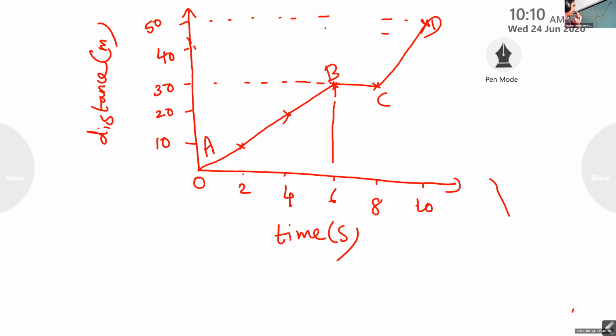Did you write AB indicates uniform motion? Okay. That answer is over. Now second, because this question I will be asking for 3 mark questions. This is a part of 3 mark questions. So 3 questions, 3 marks. Graph will be given, then by looking at the graph, you need to answer this kind of questions.